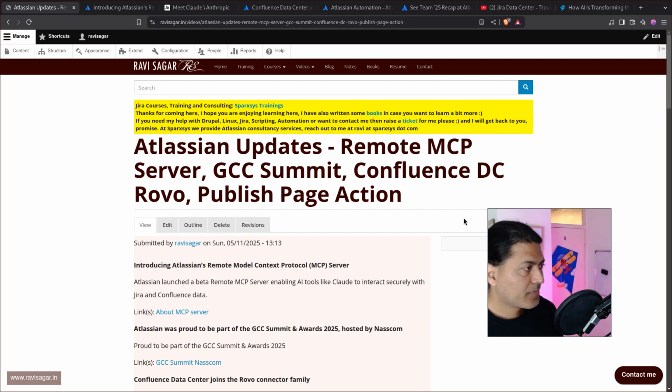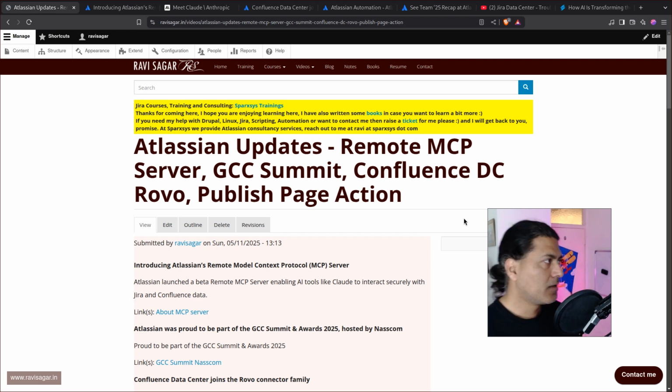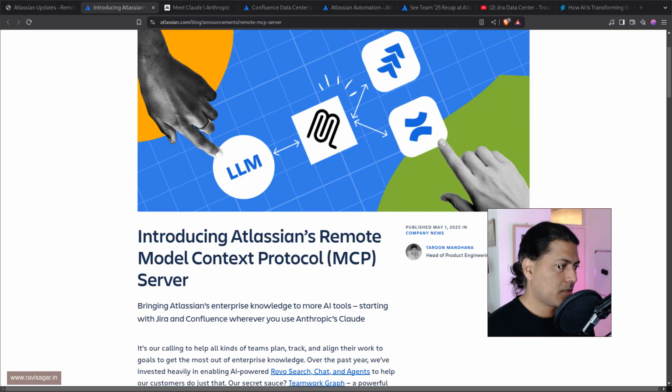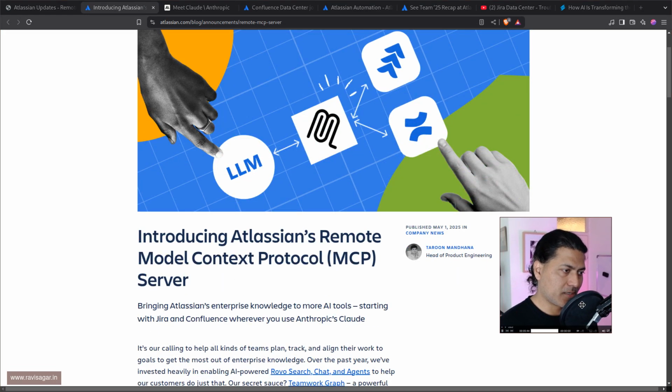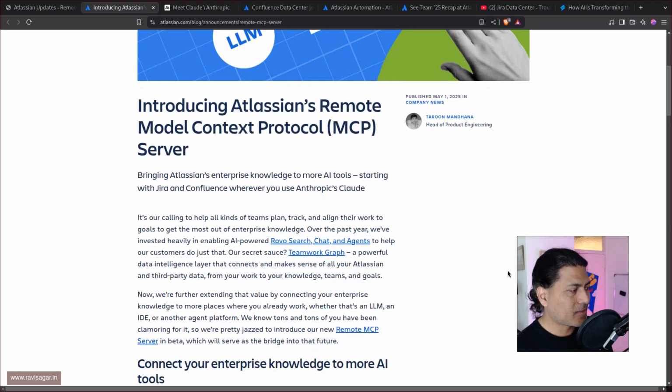Today we will go through some of the recent significant updates from the Atlassian ecosystem. This week I was going through various posts on the community and I noticed this post, which is not on the community, but there was, I believe, some announcement. So this is about Atlassian's remote model context protocol, basically the Atlassian MCP server. I have absolutely no idea what this is all about, but I was trying to read this post, this blog,